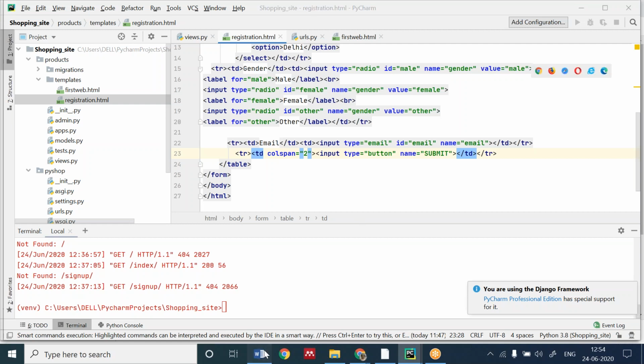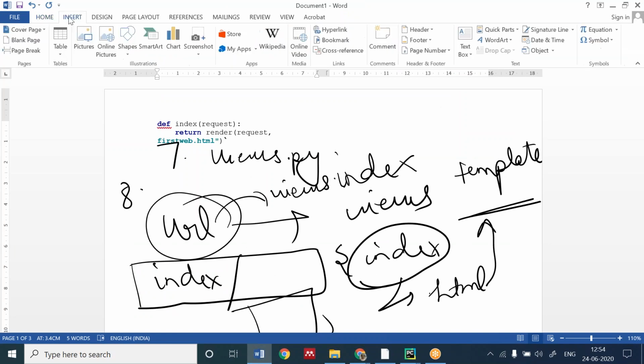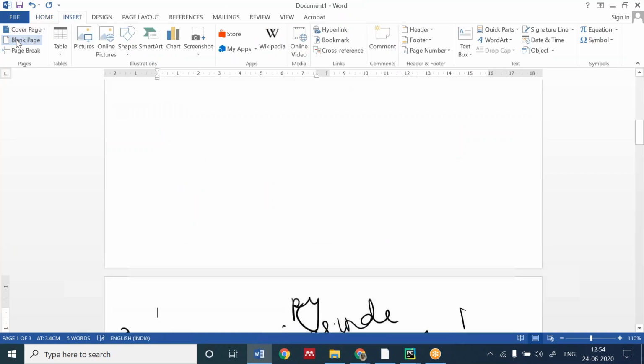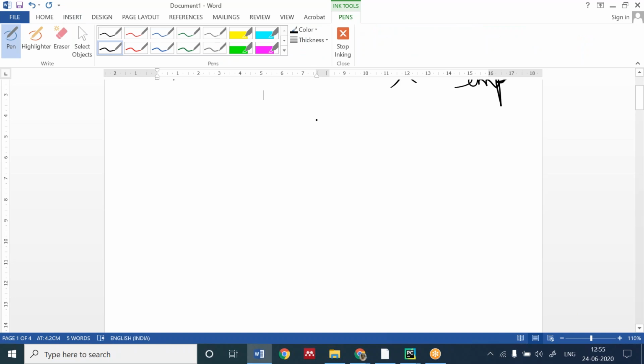Okay, let me take an example like this. It will be clearer when I show you here, Vishaka. I am creating two columns every time.